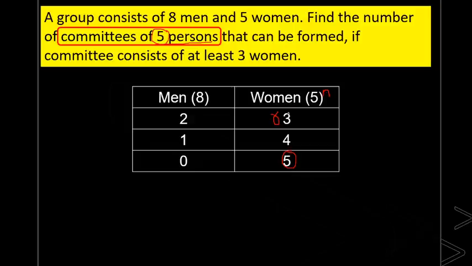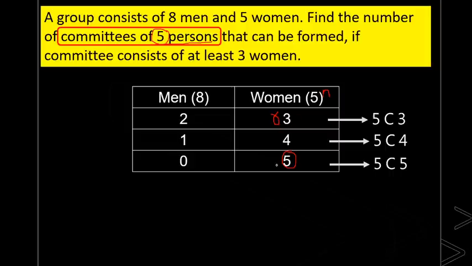So how can I write this? What is the number of sets we said? The number of obtainable sets is nCr. So in this case, it will be 5C3. From 5, we are choosing 3, so the number of available values will be 5C3. Similarly, in the next case, your answer will be 5C4. From 5 women, we are choosing 4 women, which means our answer will be 5C4. Next case, from 5 women, we are choosing all 5 women, so it will be 5C5. This is nothing but the number of possibilities. I'm not telling you the result, I'm just representing it.